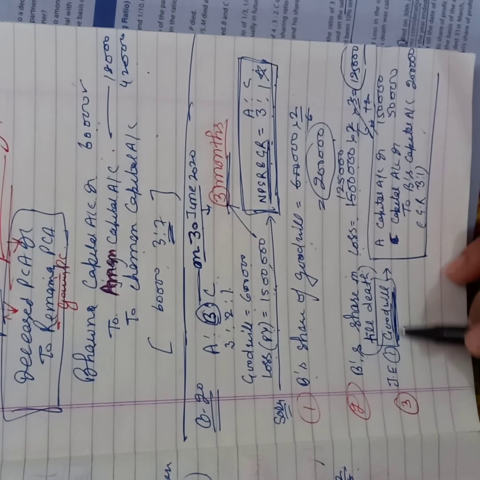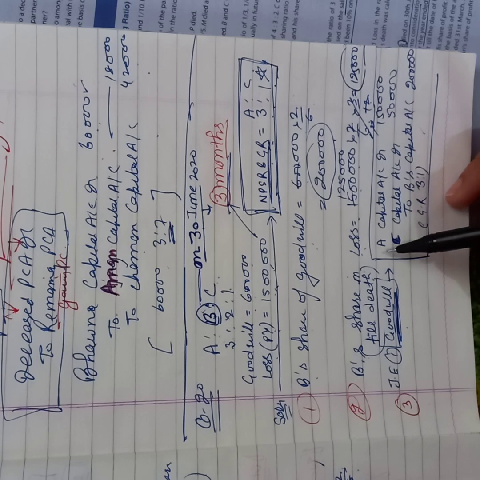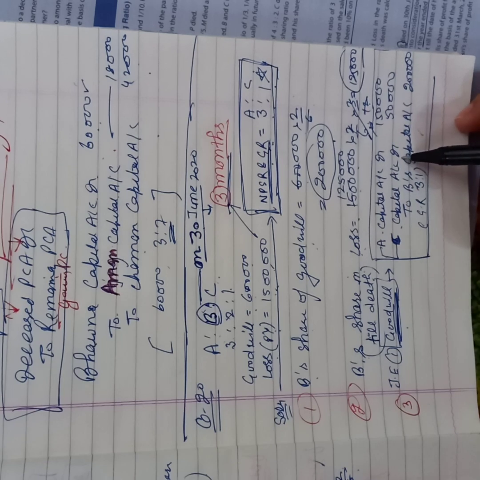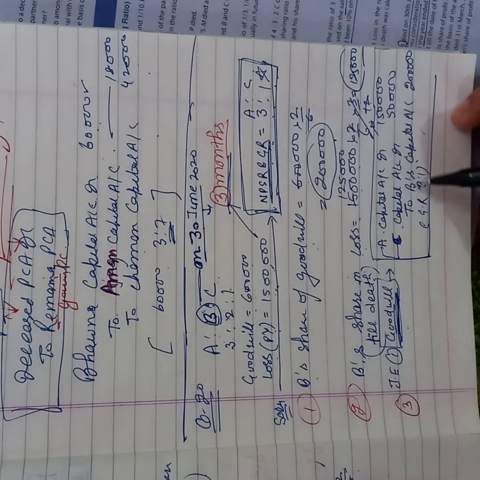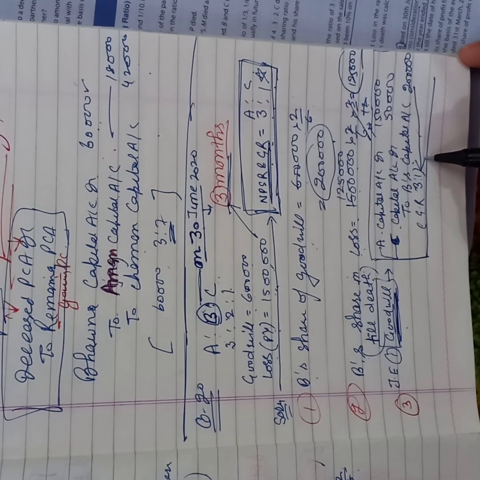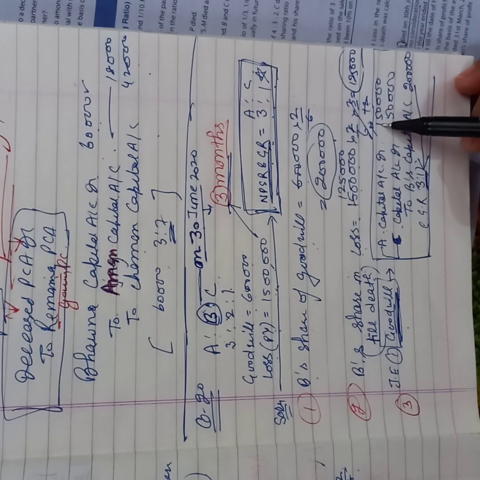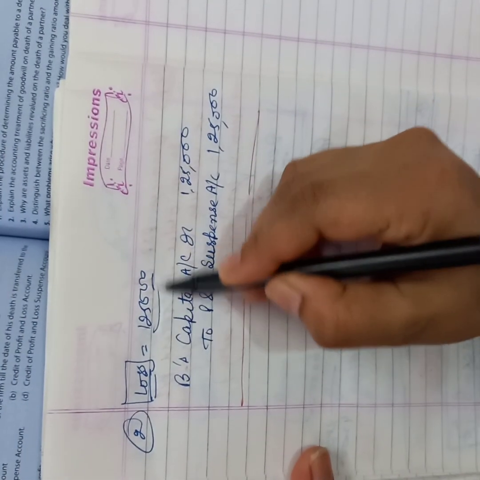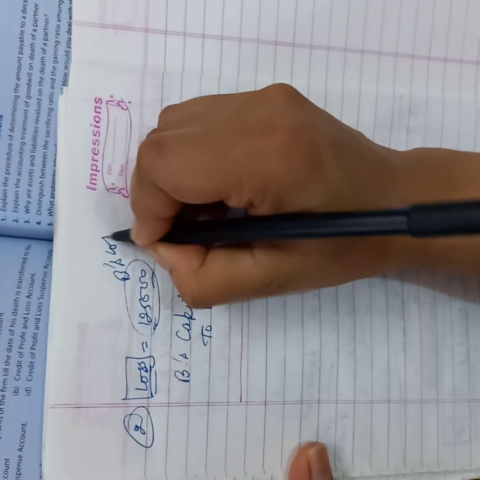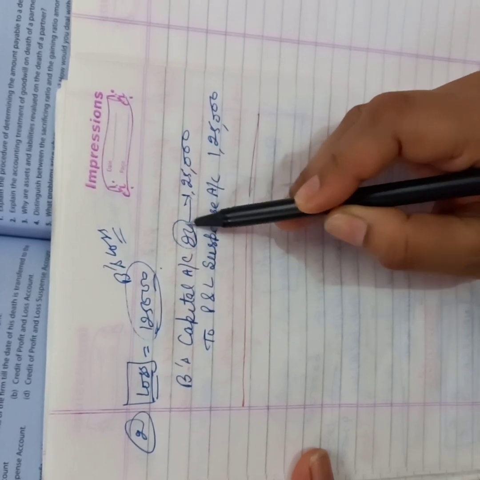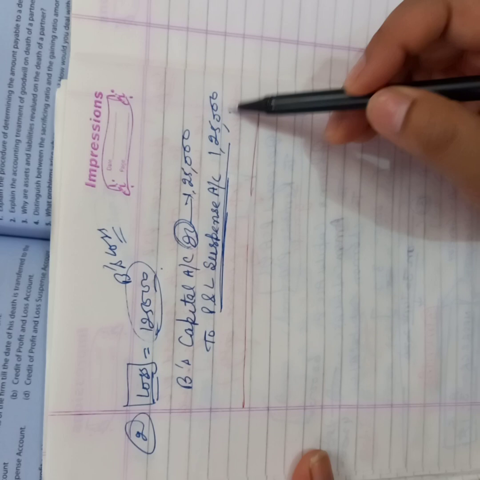So now we'll make two entries regarding the goodwill as well as the loss. First of all, we'll make the entry for the goodwill. That is gaining partners' capital accounts debit to the deceased partner's capital account, and the gainers are A capital account and C capital account. Both are gainers, so these accounts will be debited to B capital account with the amount of goodwill, 2 lakhs. This 2 lakhs will be given by A and C in ratio 3:1. So A capital account debit 1,50,000, C capital account debit 50,000 to B capital account 2 lakhs. Then we'll do the entry for the loss, that is B's share of loss. B's loss is 1,25,000. B is suffering a loss, so his account will be debited to profit and loss suspense account.